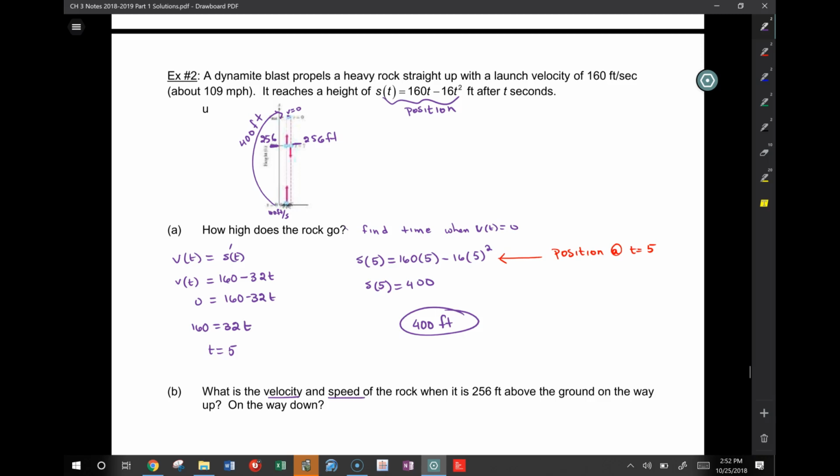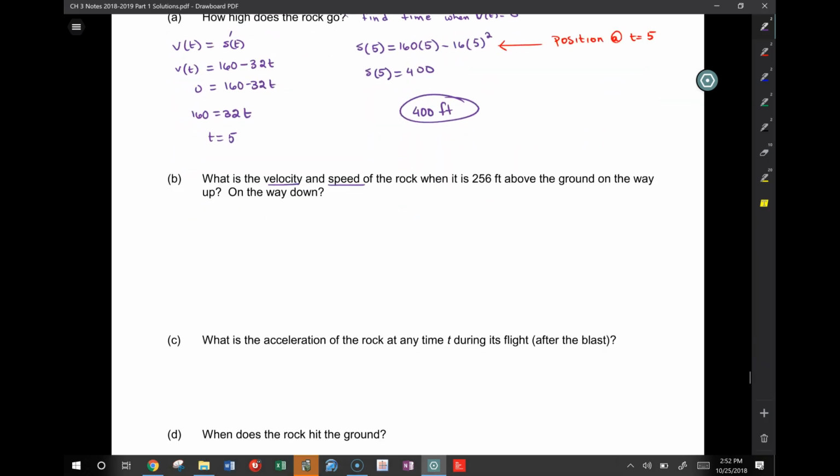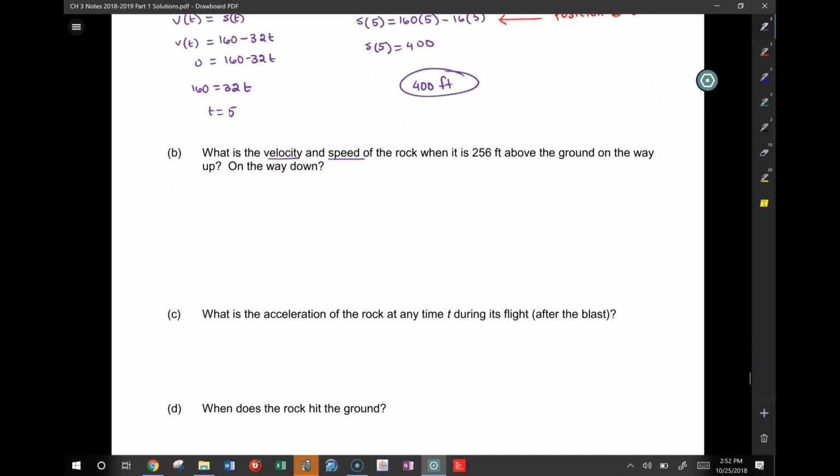How do we know? Less than 5 seconds, definitely, but how do I know? We got to figure it out, okay? So, when was the rock... The question is, when was the rock